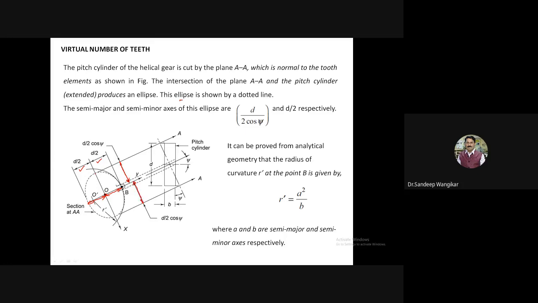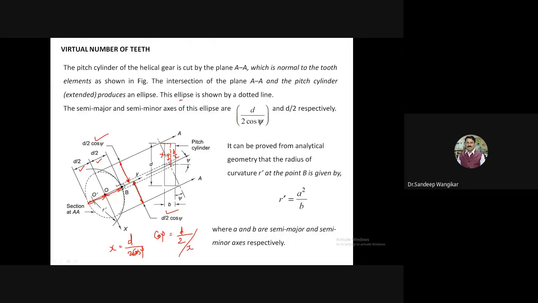Now how to calculate this distance? So again here I will go for this angle, again psi. So from this you can clear cut calculate this distance is d by 2. I will assume the distance as x, and then I can easily say here cos of psi is equal to d by 2 divided by x. Therefore x will become d divided by 2 cos of psi. So this distance is now d by 2 cos psi and d by 2 cos psi.